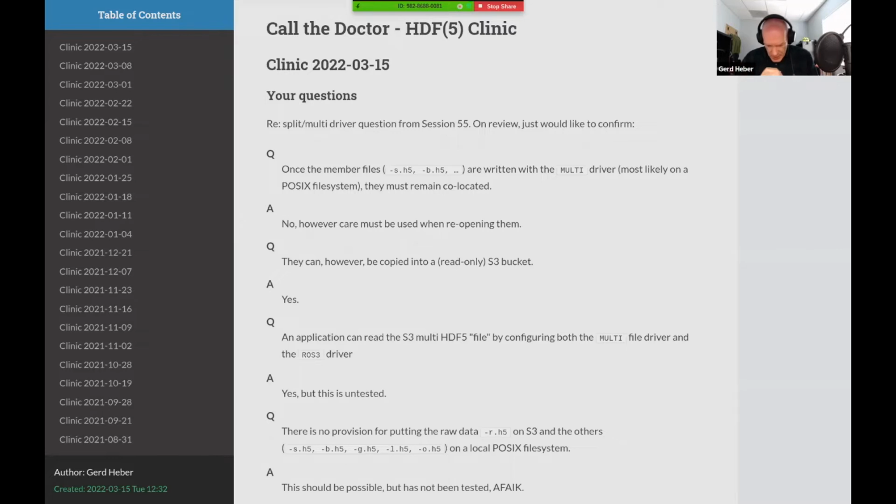This discussion started last time where we were talking about using the split VFD, and then what about those files, or more generally speaking, for the multi VFD. And I thought about this a little bit, and I think the situation is actually much better than I thought. So first question,